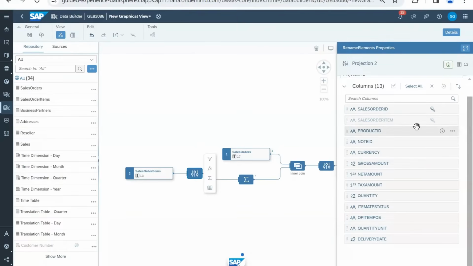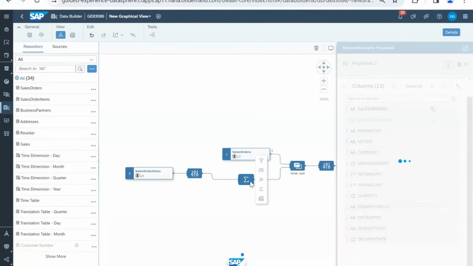In my result I don't need the item, because this is my key, which is the sales order ID, which is common in both the tables. So I excluded the item. But because I excluded one of the keys, the granularity of this table will change. And if the granularity of this table changes, then I need to aggregate it. So I will go to the aggregation,